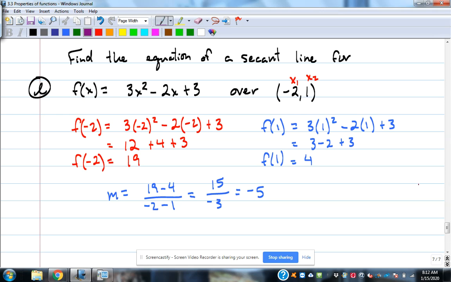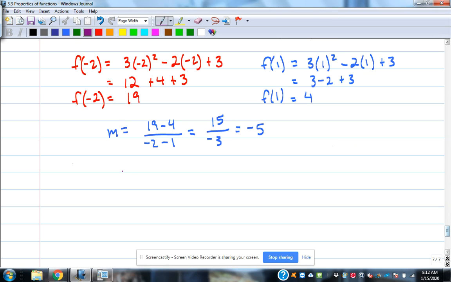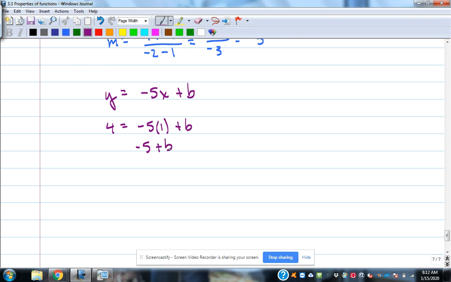So then find the equation of the line. So we got the slope, negative 5x. We want to find the y-intercept. That's all we got left to do. So pick an ordered pair. I'm going to pick this one over here because it looks easier. It'd be negative 5 plus b, and then add 5. 9 is equal to b. So the secant line is y equals negative 5x plus 9